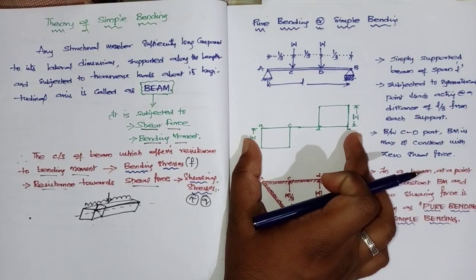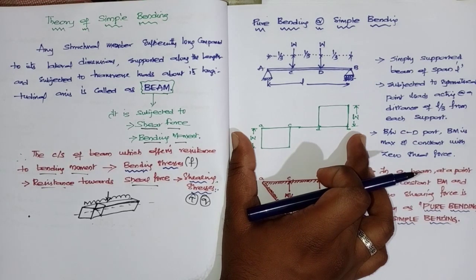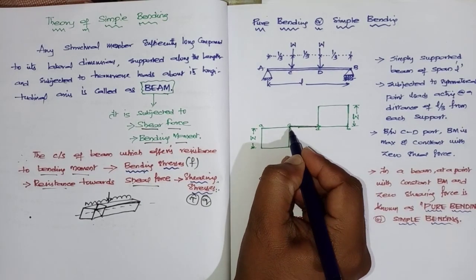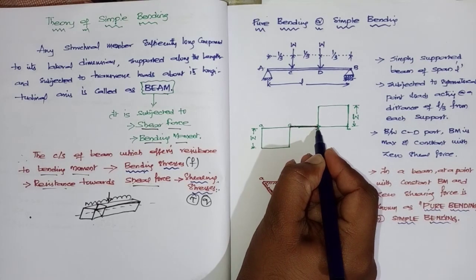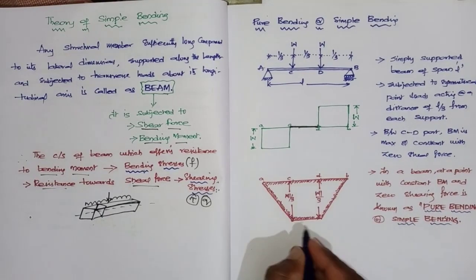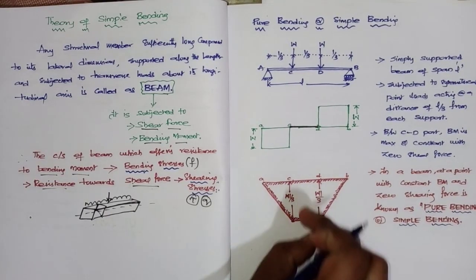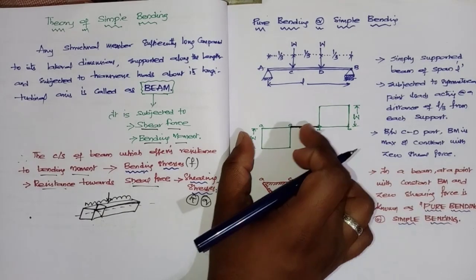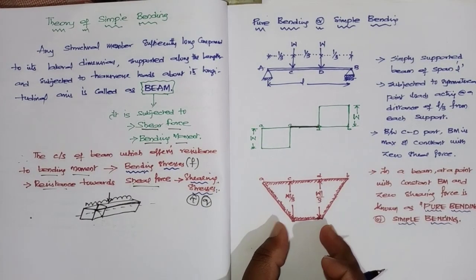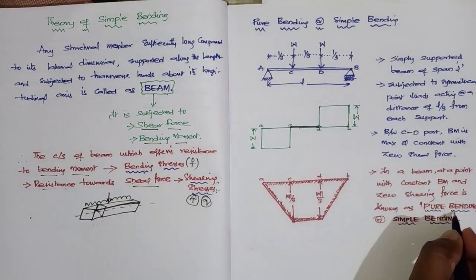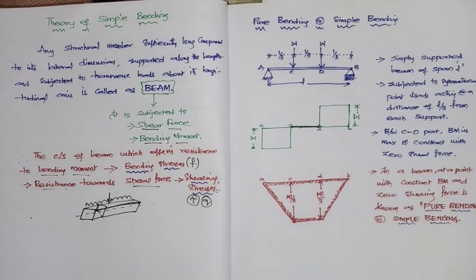For this beam carrying this type of symmetrical loading, the shear force diagram will be like this. We have seen the shear force and bending moment diagrams, SFD and BMD, and here if you see the CD portion, this is the portion where the shear force is 0. Same if you see the bending moment diagram, in that CD portion the bending moment is maximum and at the same time it is constant, right? So in a beam, a section with a constant bending moment and zero shear force is called pure bending or simple bending.